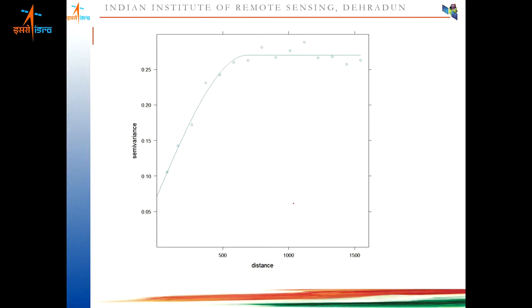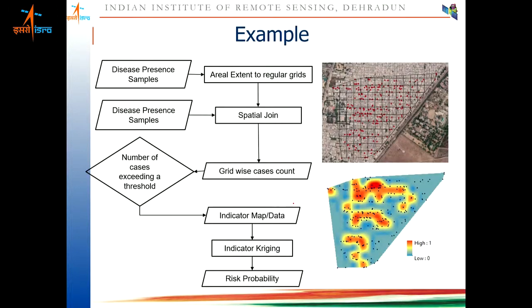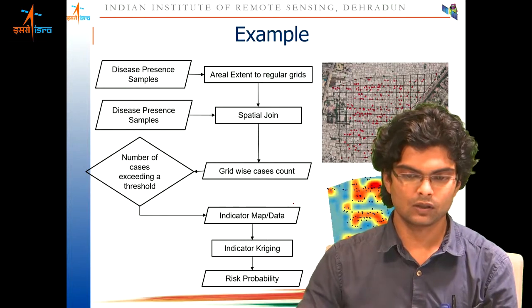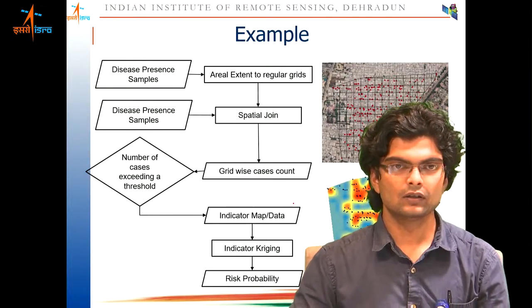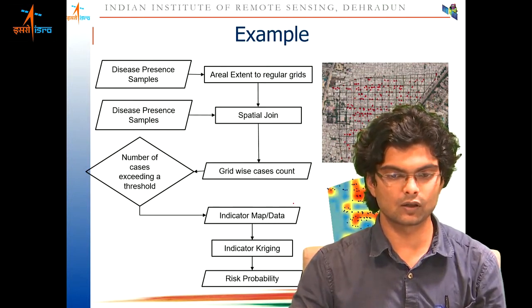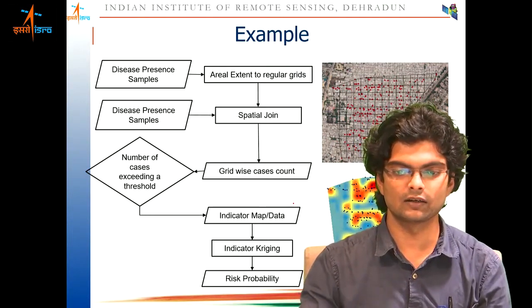So if you are putting the threshold value properly, you will get this kind of semi-variogram, and kriging can be performed. One example of how you can perform this kind of analysis is with point data, because disease occurrence you can collect at some location. You go to ground level and find out if some disease has occurred in some particular house or some particular person or not. Based on that, that sample can be collected.